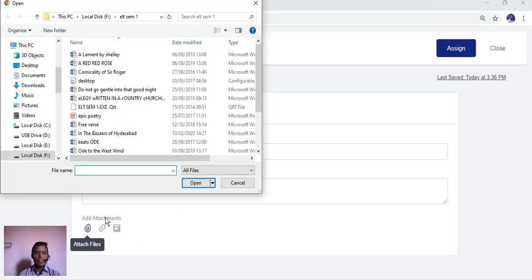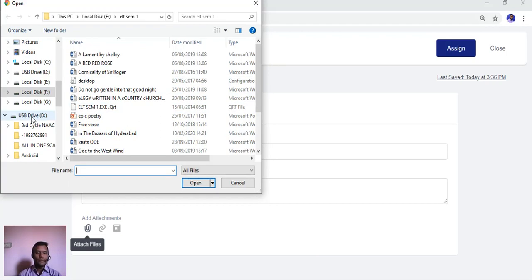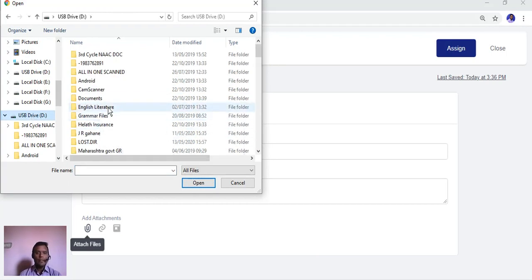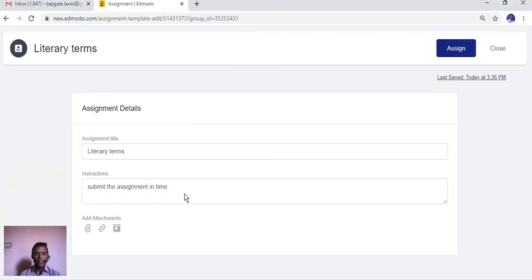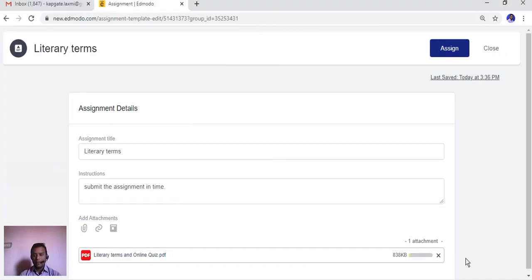I click on attach file, so you can directly add any assignment from your laptop or your PC if it is available. If I'm adding a literary quiz, it is automatically uploaded.